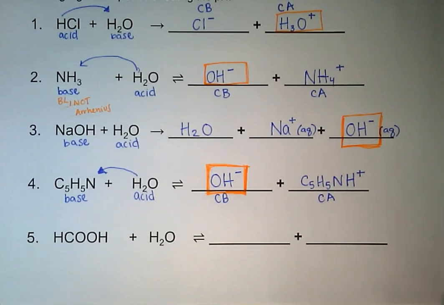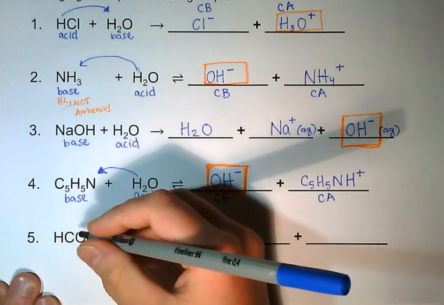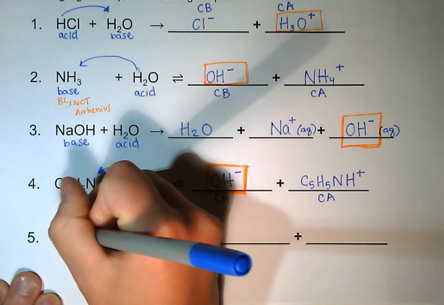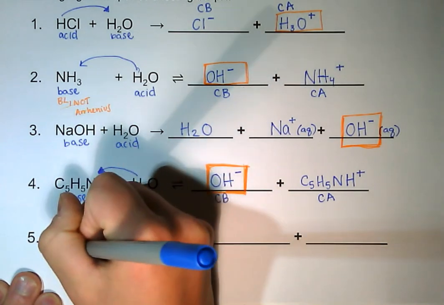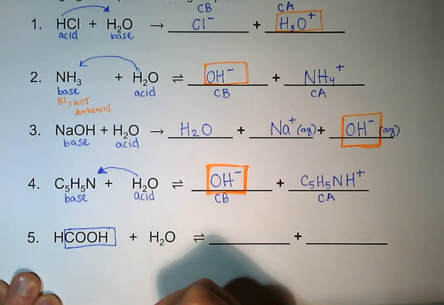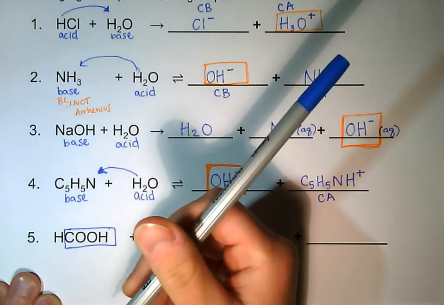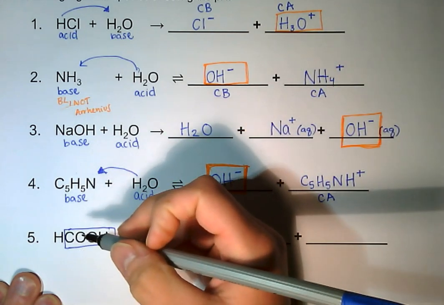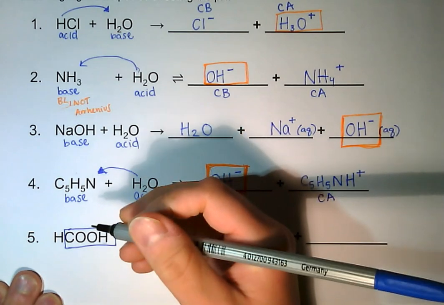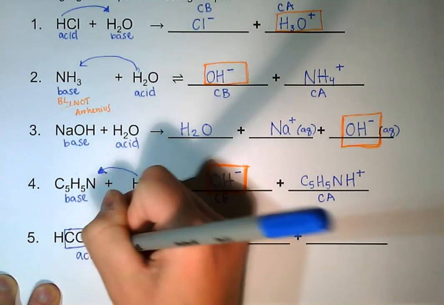And then number 5, we have HCOOH. This one's a little funky looking, but anytime we have a COOH, this is a special kind of acid called a carboxylic acid. The H on one of the ends is just going to come off and be donated. So we know this is going to behave as the acid, and that means that water is going to behave